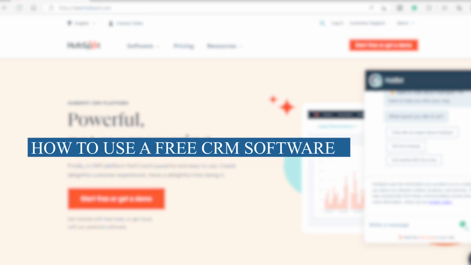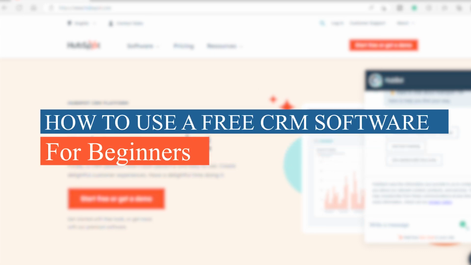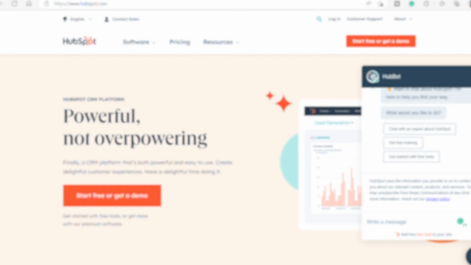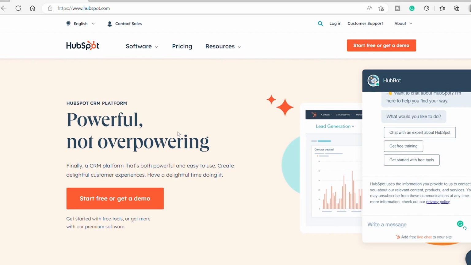How to use a free CRM software for beginners. So we will be using HubSpot because this platform has a free plan that you can make use of